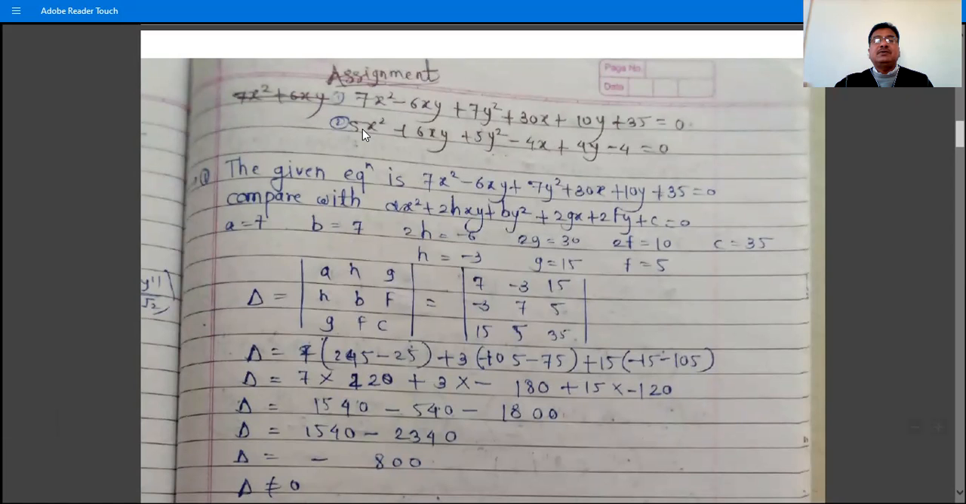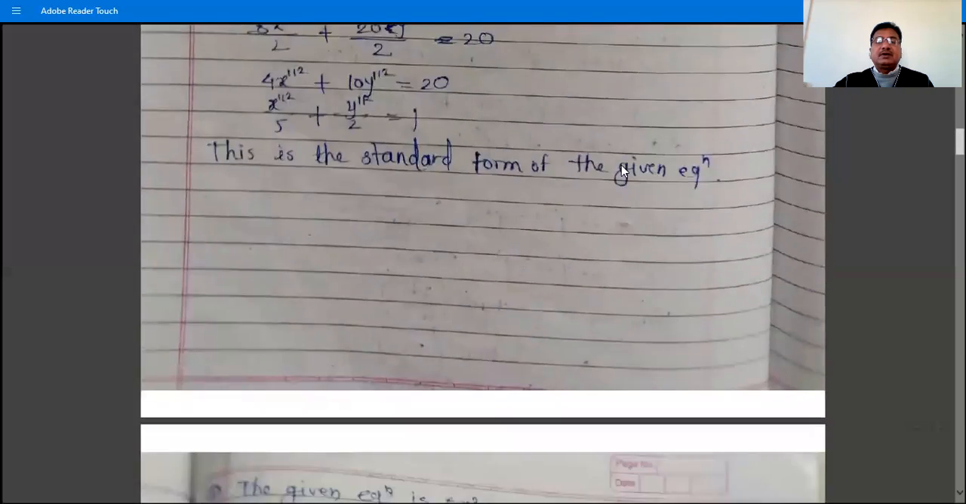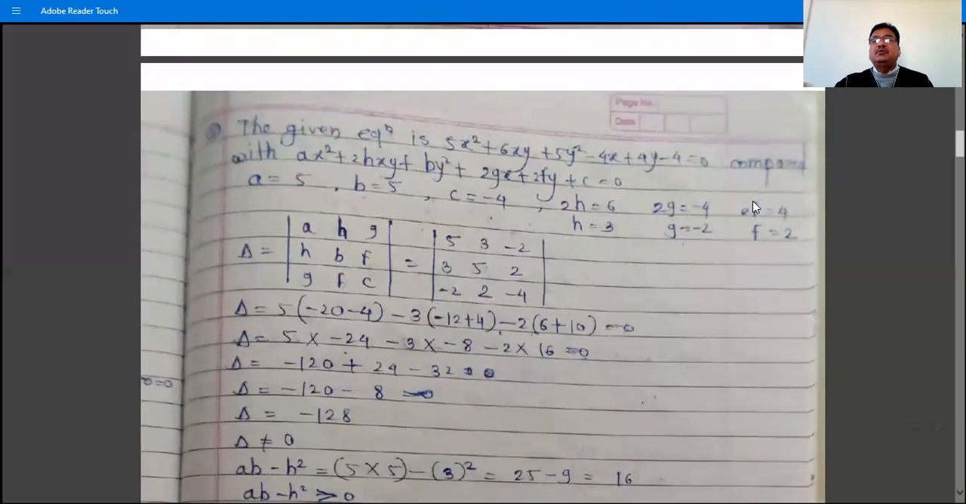The second problem is what? 5x square plus 6xy plus 5y square minus 4x plus 4y minus 4 is equal to 0. This is the equation of a conic in general form, and we have to reduce this equation to standard form. So compare this with ax square plus 2hxy plus by square plus 2gx plus 2fy plus c is equal to